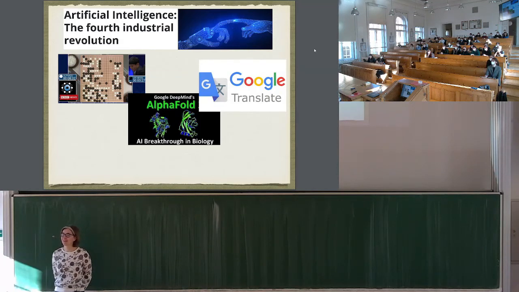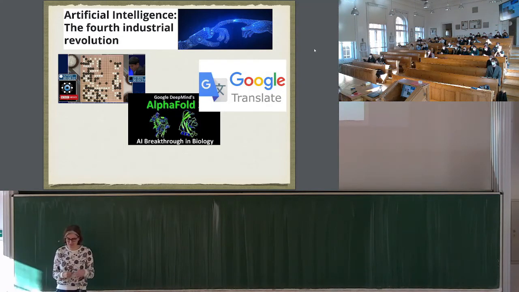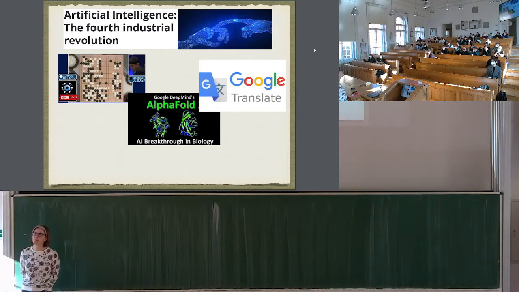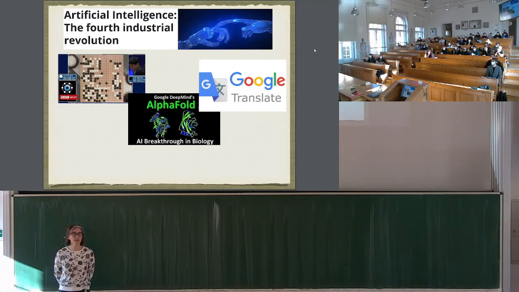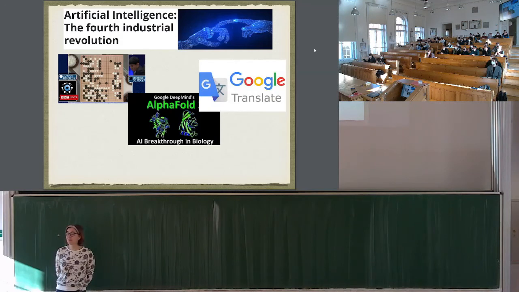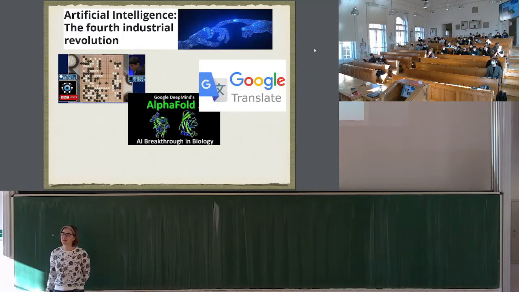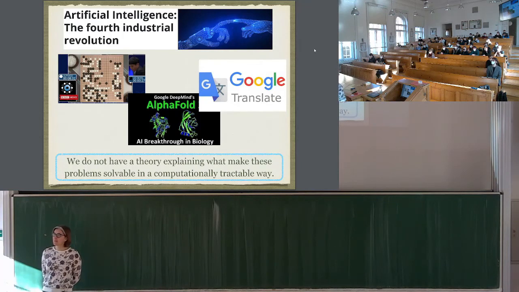It's pretty impressive. And AlphaFold, that's something about proteins, which are super important constituents in all living organisms. If we want to learn how our bodies work, we have to understand in detail how proteins work. And there is a mystery about the way they fold, and it's a really hard problem to computationally learn how they fold. And DeepMind last year released this program called AlphaFold that folds the proteins by doing machine learning. It's pretty amazing. It's opening a whole new range of questions that people can now ask in biology. So it's doing amazing things.